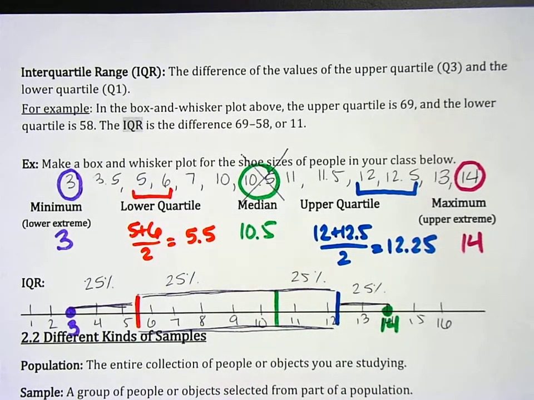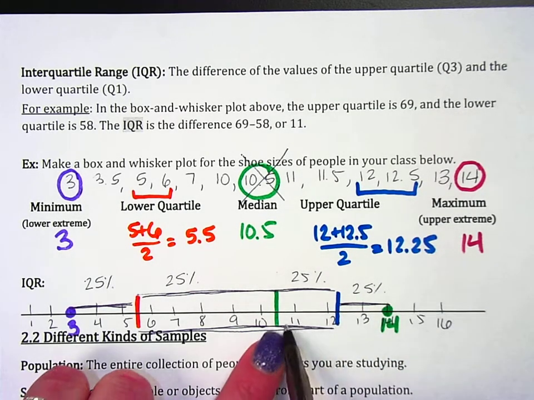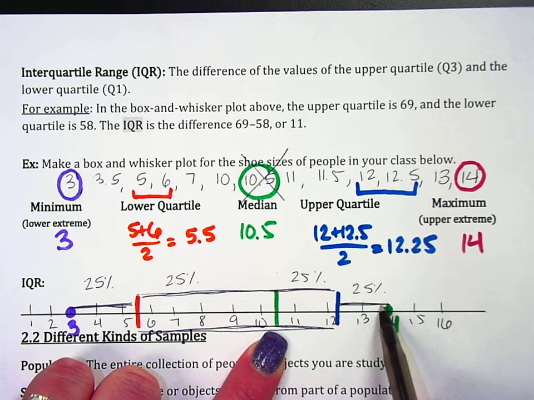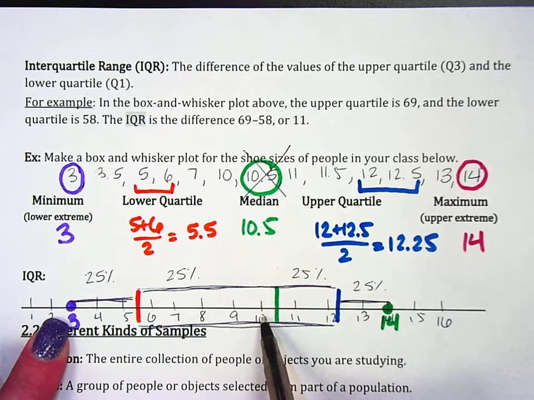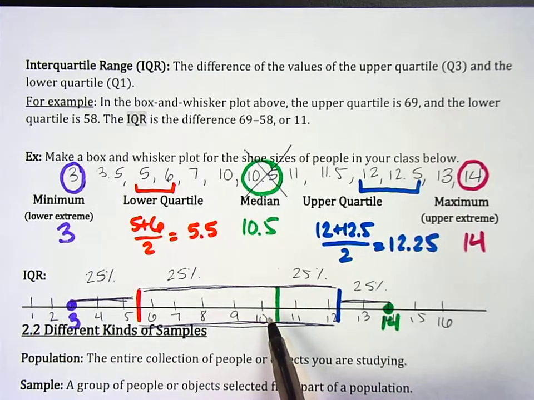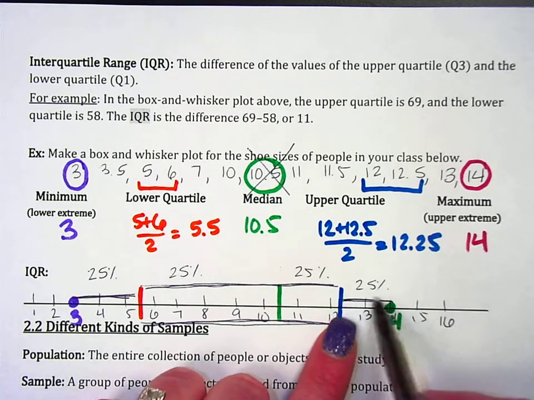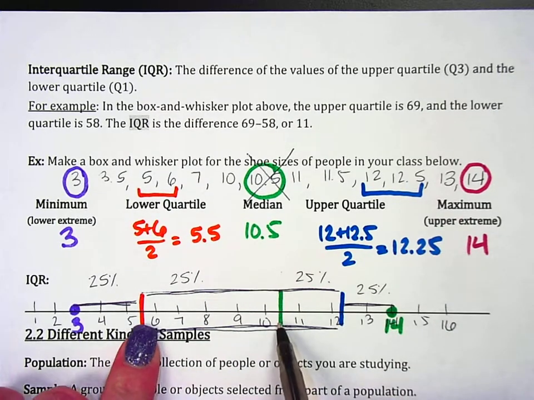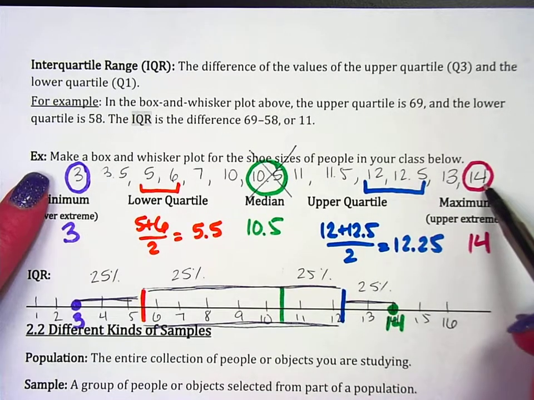So if I was trying to make some conclusions, we could say half of our data, so the middle, is more to the right. So we have a lot more numbers condensed here in my shoe sizes of 10 to 14, where they're more spread out from 3 to 10. Or I could look at each individual box and whisker too. So this whisker is the shortest, so I have most condensed data between 12 and 14, versus the most spread out data would be here. Keep in mind, just looking at this, I don't know that I only surveyed 11 people. Based off of this,